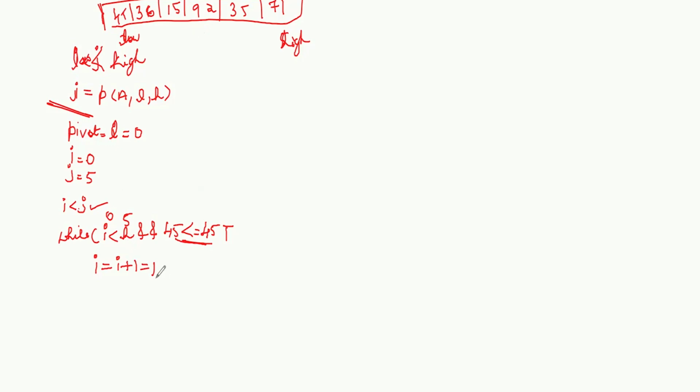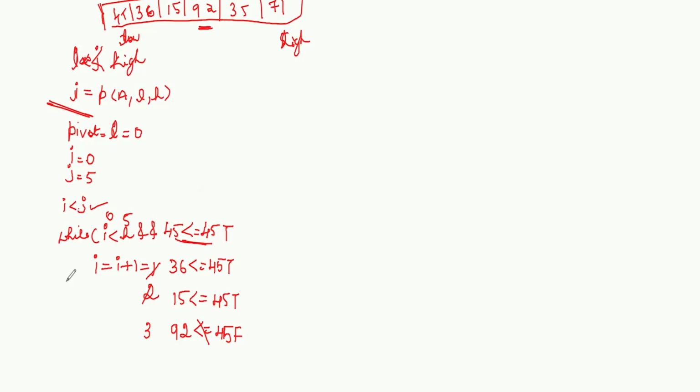Okay, so now for I equals 1, let us check. When I is 1, I is going to be here. 36 is still less than or equal to 45. It is true, which means I can increment the I value to 2. Now let us check 15. 15 is still less than or equal to 45. It is true. Let us increment the value to 3. When I comes to 3, it is not less than or equal to 45. This becomes false. Now we found a value which is greater than the pivot value, which means I'm going to